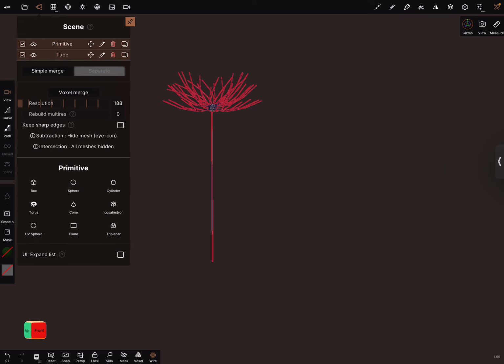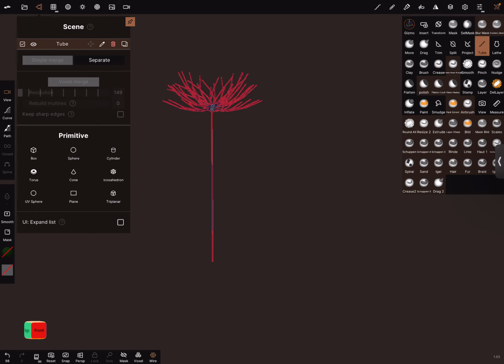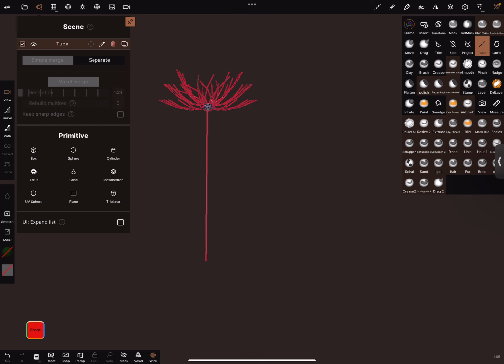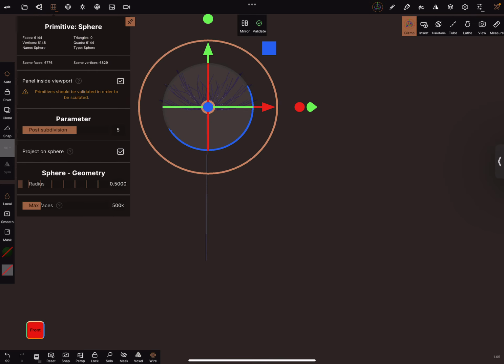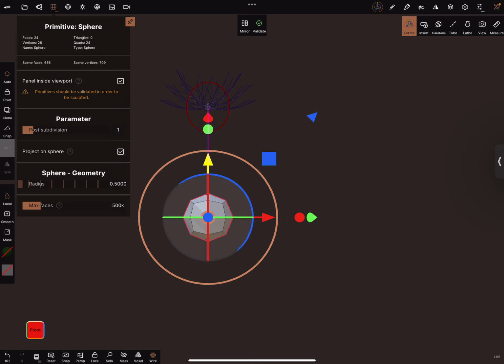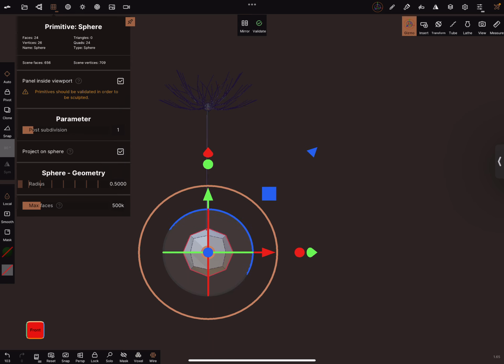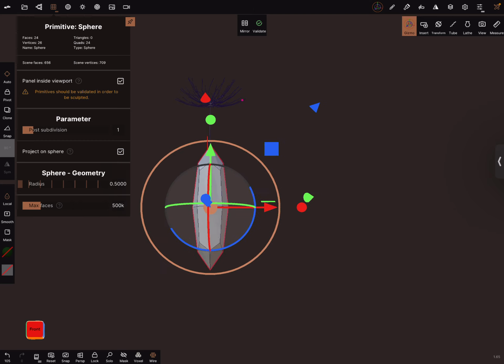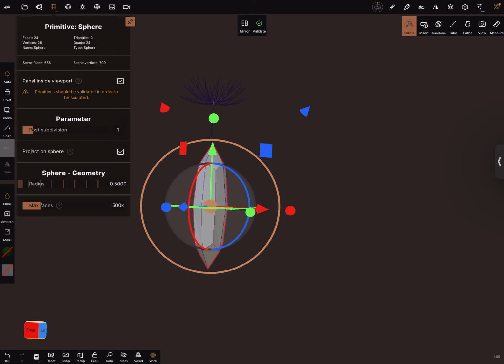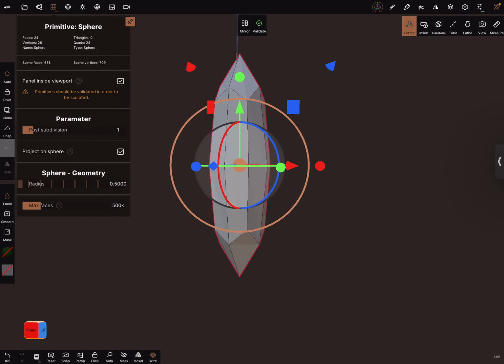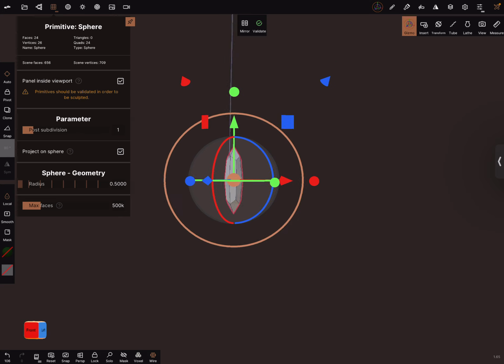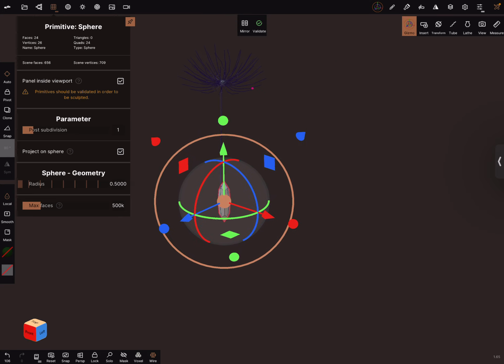And we can also simple merge this. In the front view, we add a sphere. Zoom the sphere a little bit bigger so that you can see it, and adjust it in this direction a little bit. And I think it's okay. And now we can scale it down. It's too big.